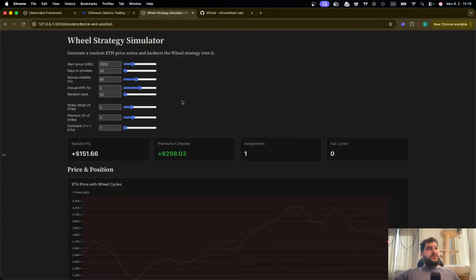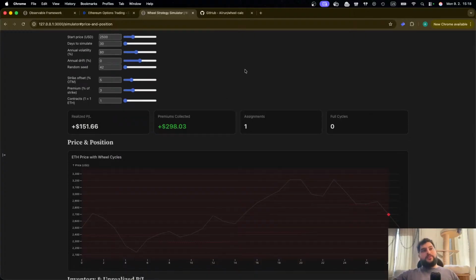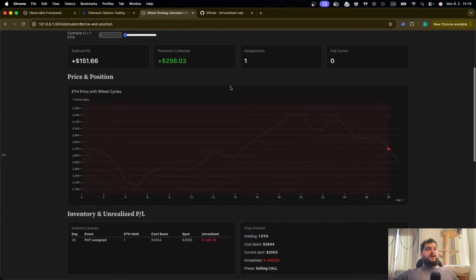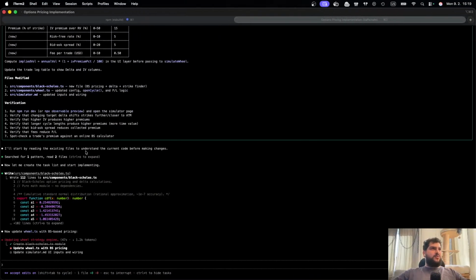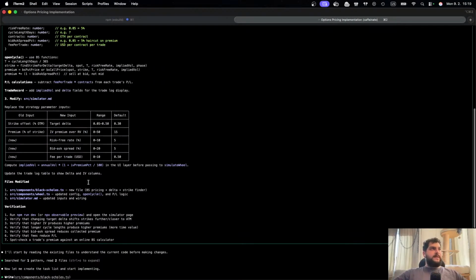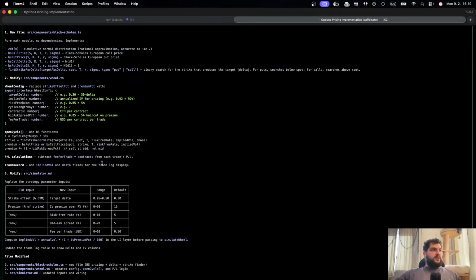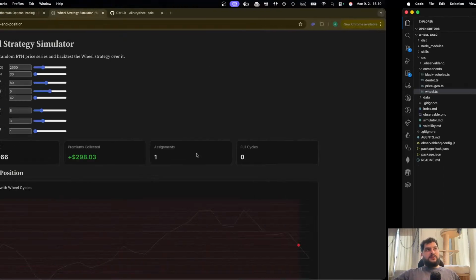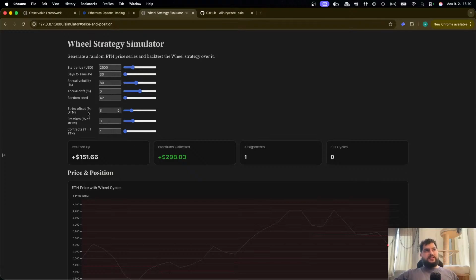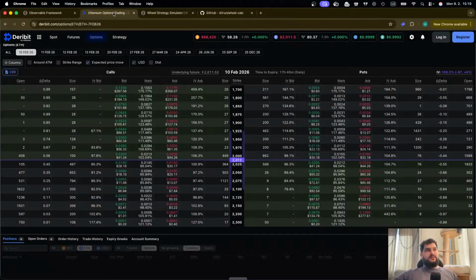We will be calculating on the fly real premiums, how they could potentially cost on the market at that point. And with the strike offset, I don't know what will happen now. We will read through this again, but basically there will be a target delta instead of a percentage from the strike price. And this is what I told you here.